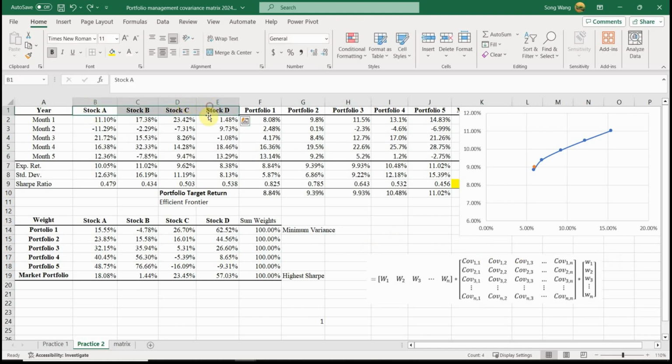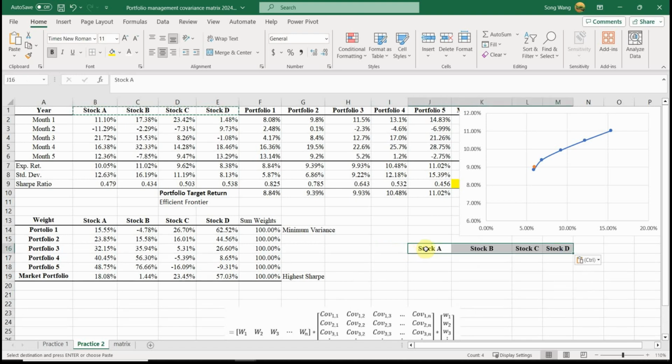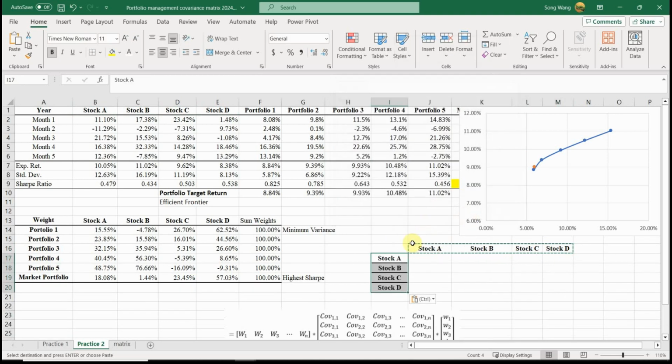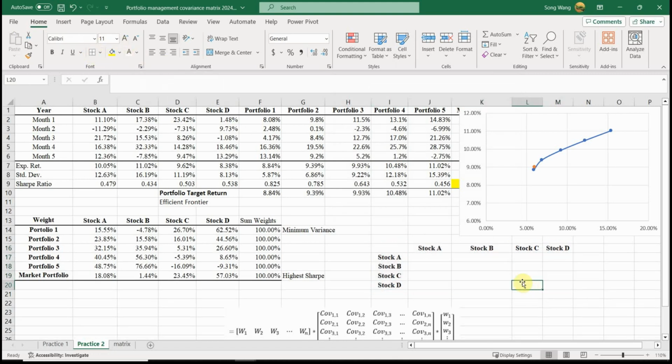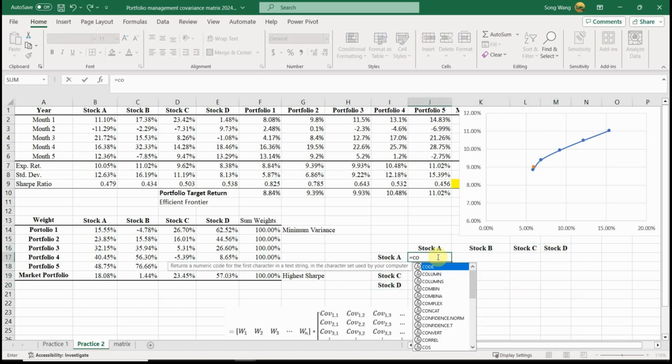So let me first create the title, okay? And you can see I got 4 stocks, and I copy and paste again, but this time I'm going to paste special, and I do only transpose. Okay, and then I will just eliminate all the border lines. And right here, you will see that it's a 4x4 matrix, so I can do covariance, that kind of calculation,